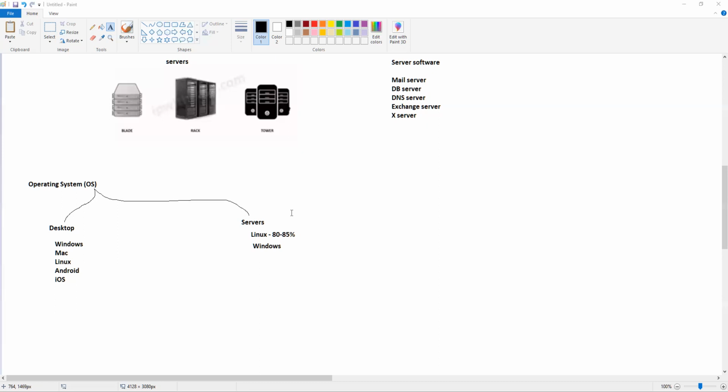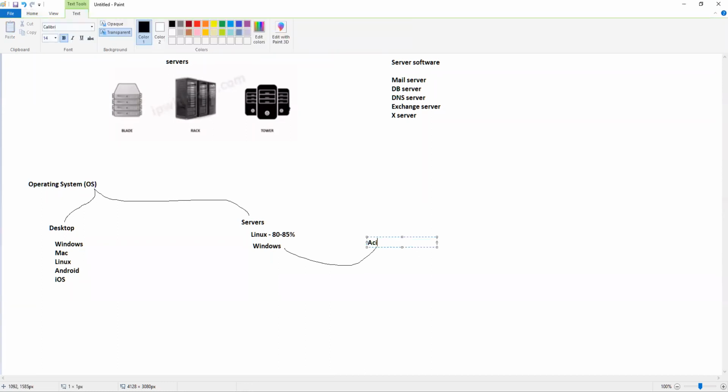Now Microsoft needs to sell their product, and people are not buying their operating system, so they make certain things a lot easier to work with. The licensing requirement and the integration requirement are a lot easier on their operating system. So they do have a lot of services which are very much used. One of the services that pretty much everybody uses is Active Directory for their directory services.